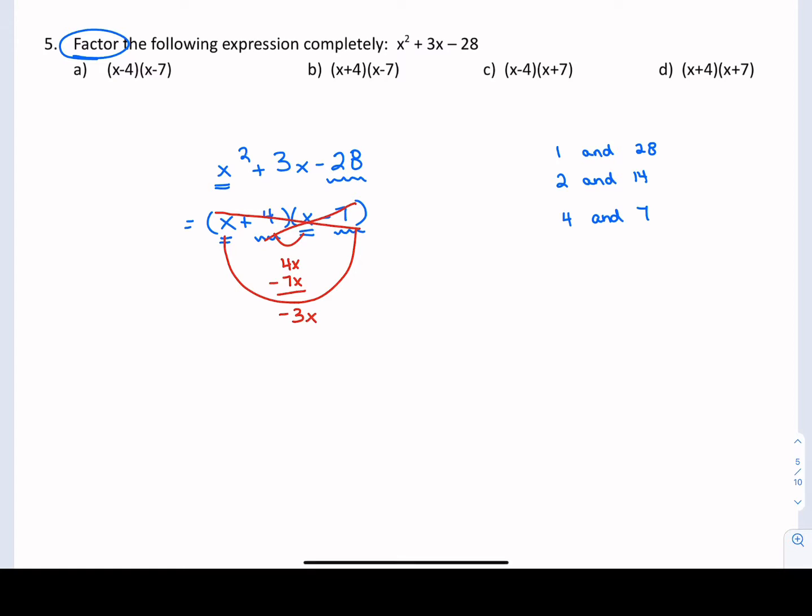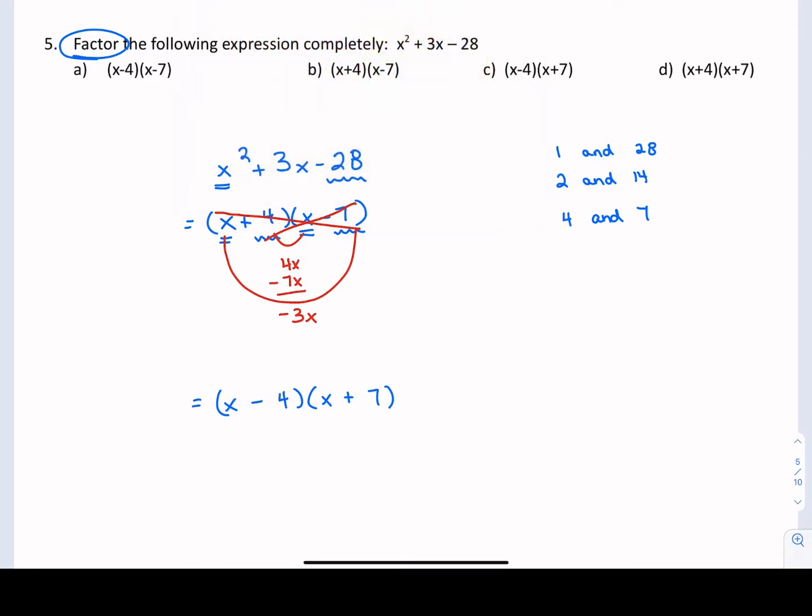We've got x times x to give us the x squared, and then 4 times 7 gives us 28. But let's switch those signs. You have a minus 4 and a plus 7. So if I do that little